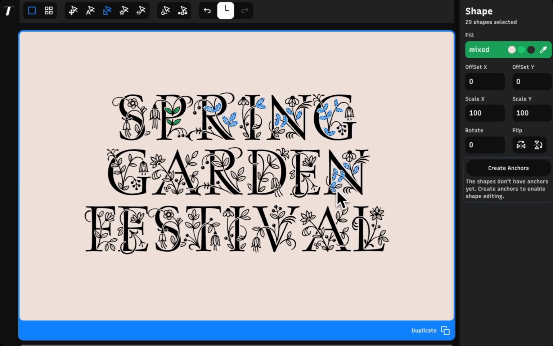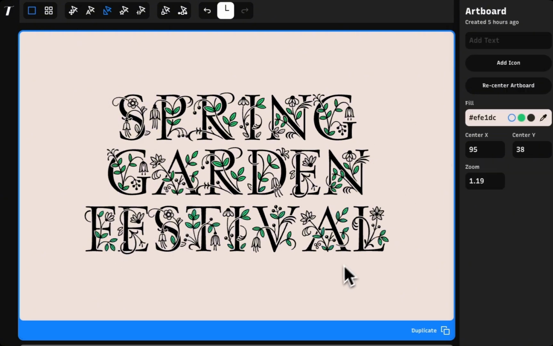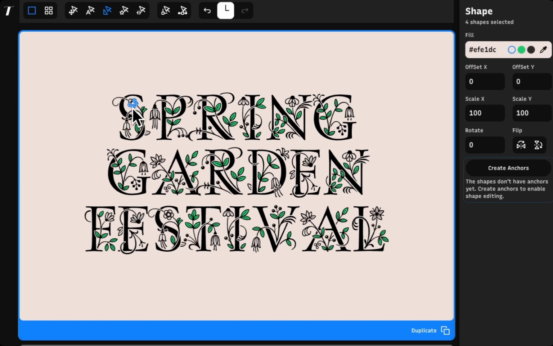I'm trying to create the feeling of spring using colors to illustrate the word Spring Garden Festival. I'll keep my letters black as a base color to make sure the words remain legible. For the illustrated vines, I'll use this light green as a color for the leaves, and I'll just stick with this green for all the leaves so that my design looks focused and the attention can still be on the